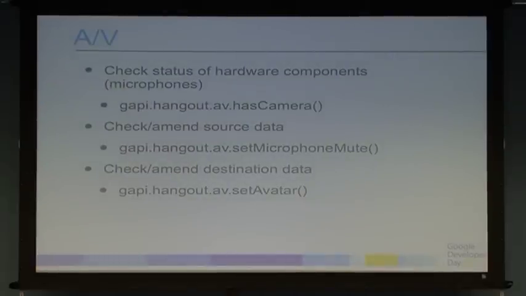There's AV controls. So we try and expose everything in the actual Hangout into the API. In the demo, you saw the robot was talking with my voice, and that's because it was listening to my mic. But you can do things not just listen to the input of the mic, but do they have a mic? Do they have a camera? Is it muted? We have a fun little one, a set avatar. So you have a video stream, but if you don't have a camera, we display your Google Plus profile pic. We actually have a demo that's pretty cool that rewrites your image with a video. So that talking robot actually becomes your face. You can check that out on the developer site.